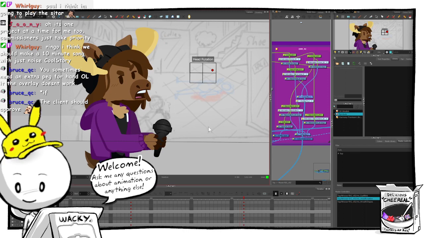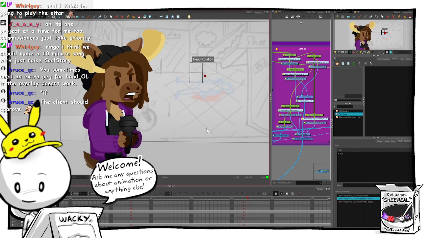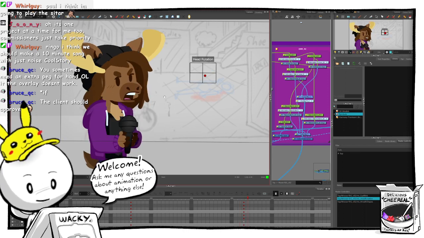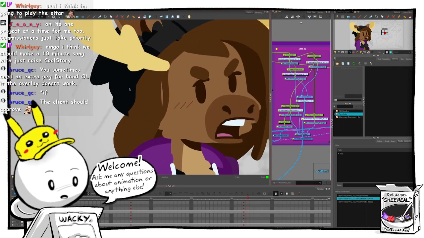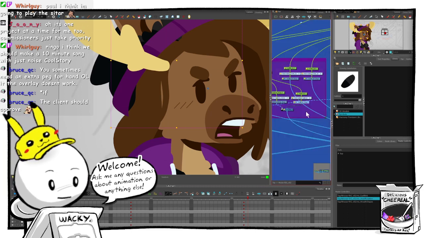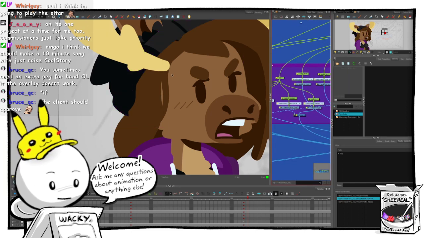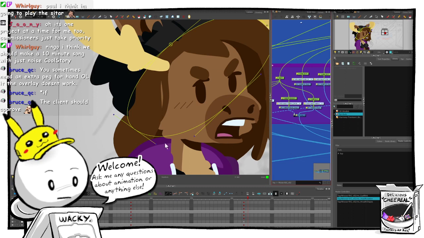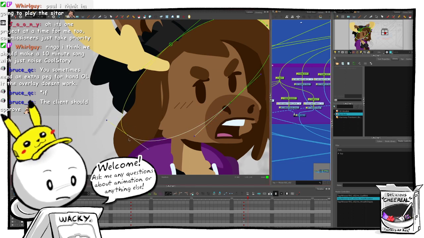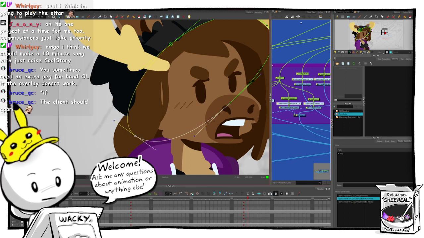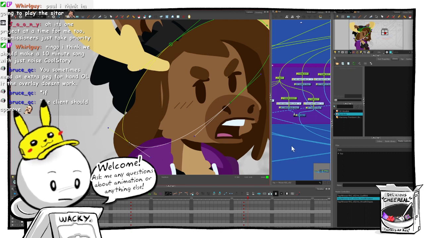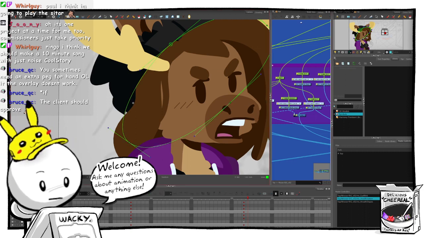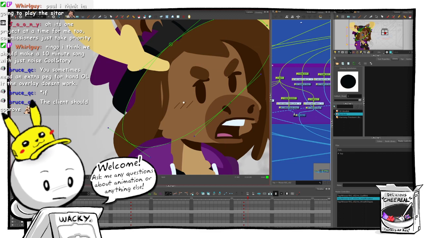Let's see. There's a little bit of a thingy happening here. It's probably with his hat mask. I think. Yeah. If we put that there. And then I think that's his hat brim, probably.